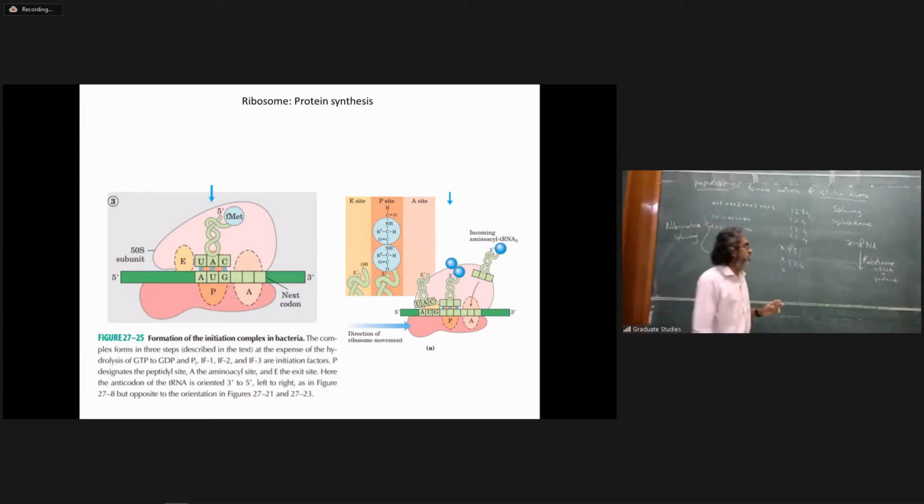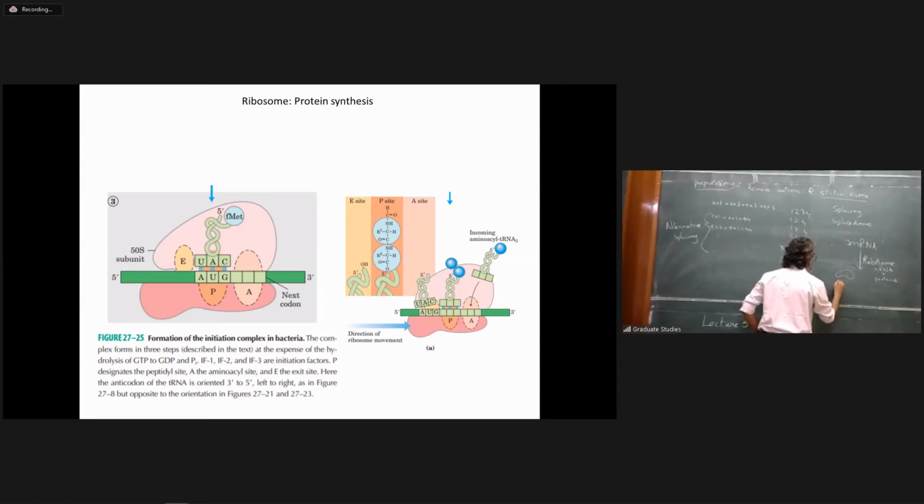This rRNA is to distinguish from mRNA and tRNA. Typically ribosomes, in both eukaryotes and prokaryotes, come in 2 fragments,